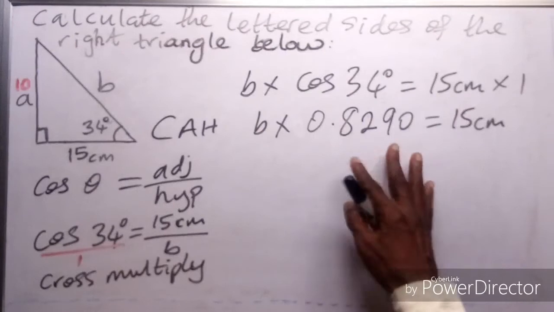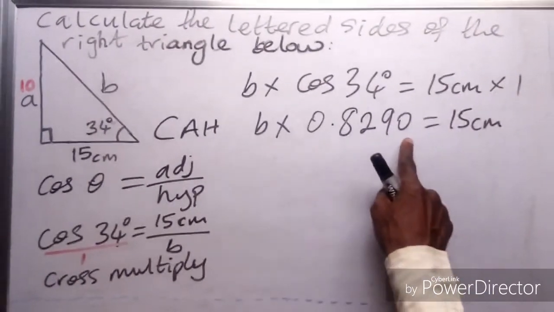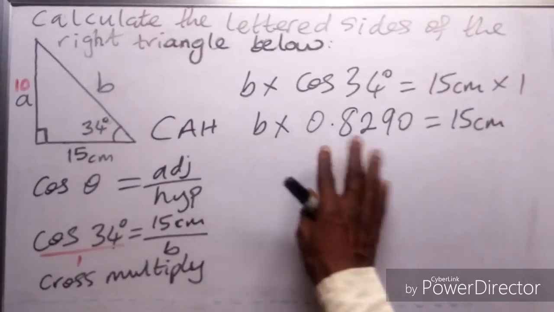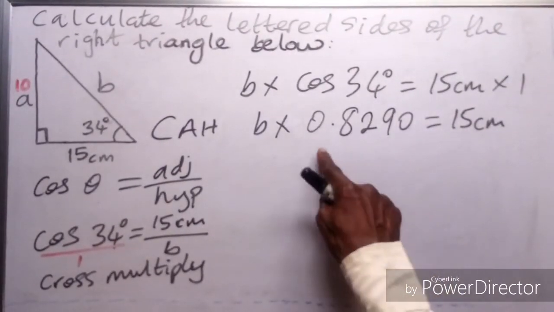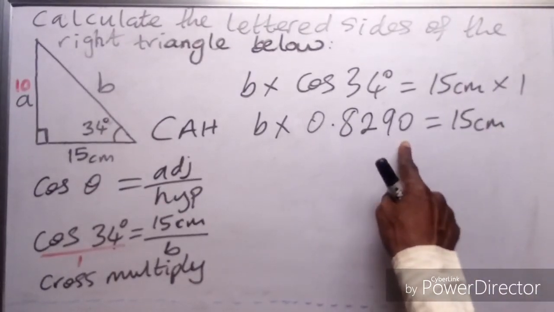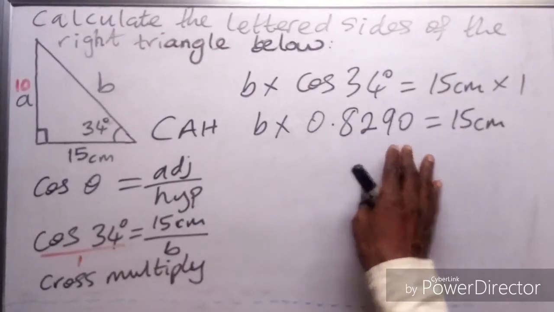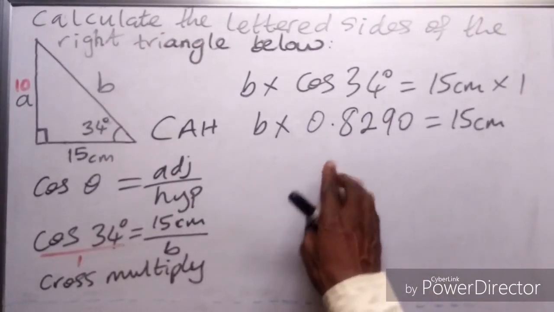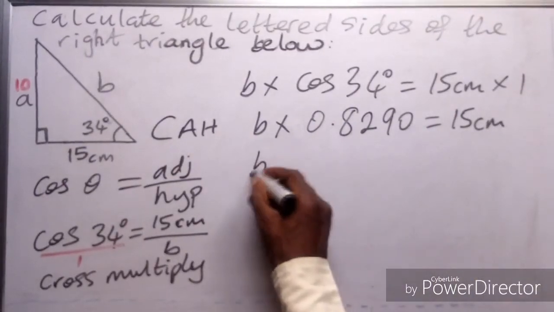And we're going to do that by balance method. Since 0.8290 is multiplying B, the only way to get rid of it is to divide it. So we're going to divide both sides by 0.8290. That will take care of this 0.8290, leaving B on its own, and then it will be dividing on the other side. So we have B times